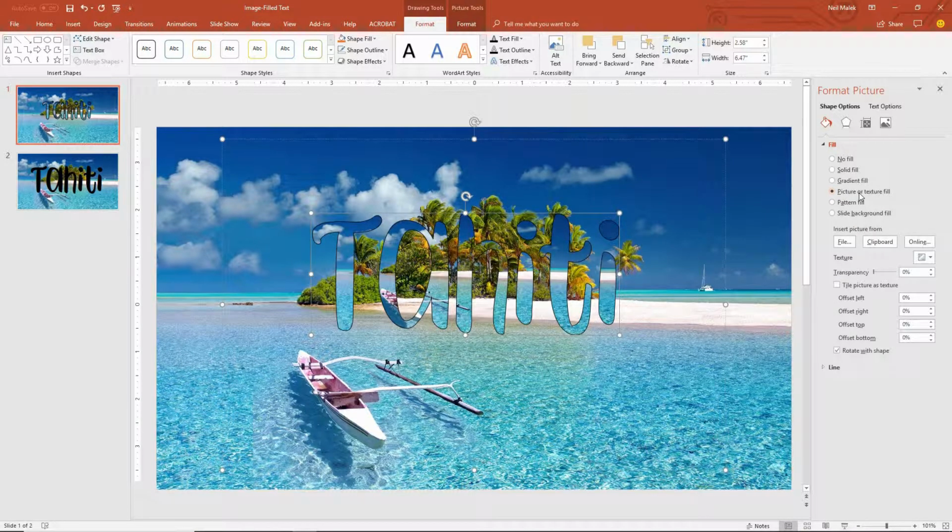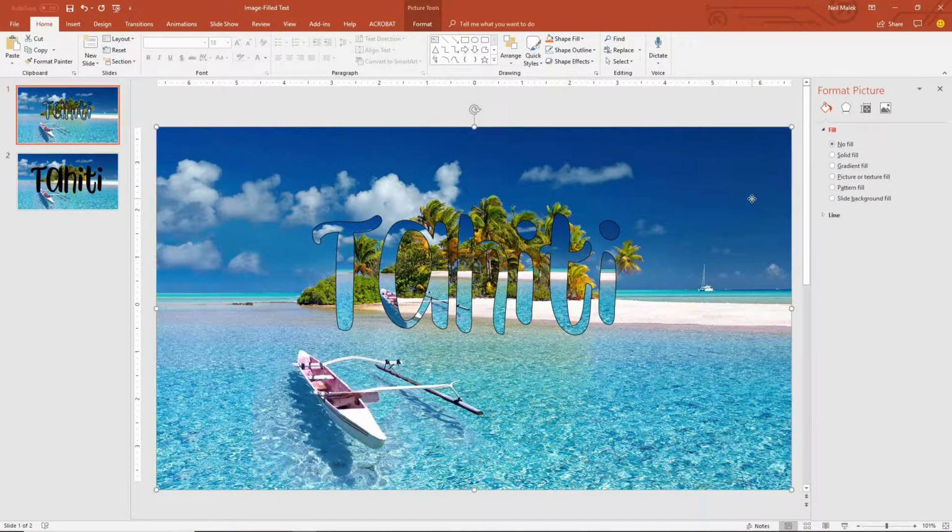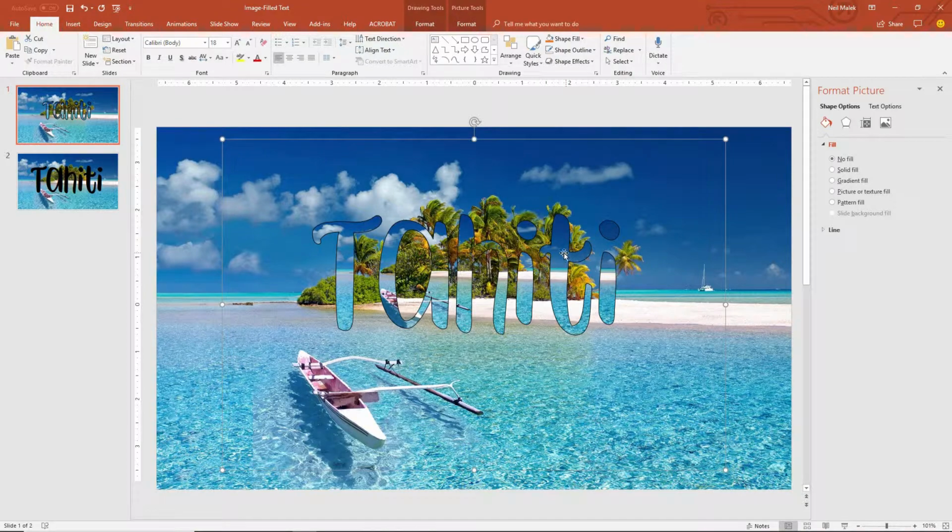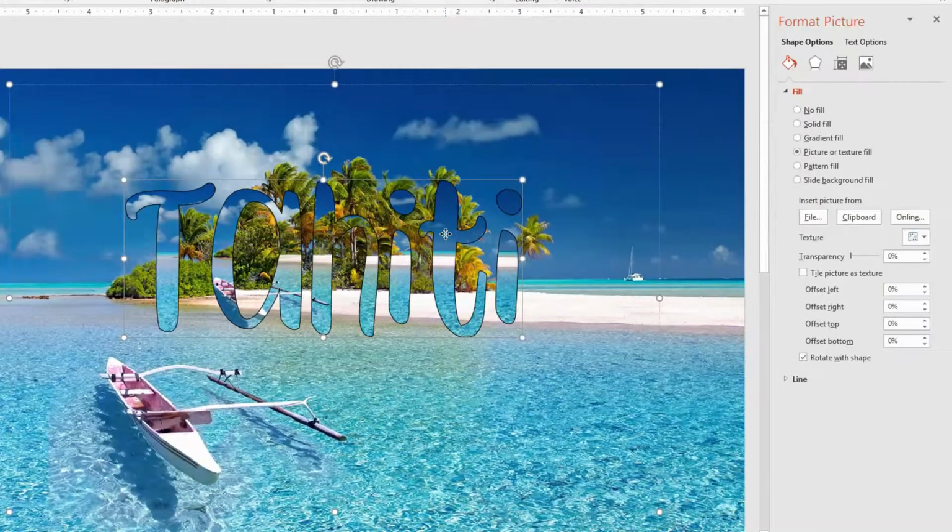Now, if you notice here, it's instantly chosen the picture, and that's because a second ago I was working on this and making sure it was working properly. Let's make sure we know how to make that happen. What we do is we click on the picture of Tahiti in the background, we hit Control-C to copy that picture, then click onto the elements that are in here, go to the clipboard option, and that will effectively take whatever you've copied and make it the fill of this text.